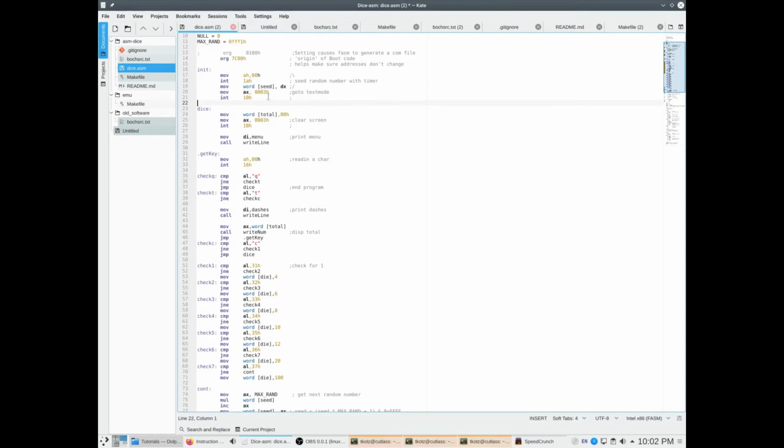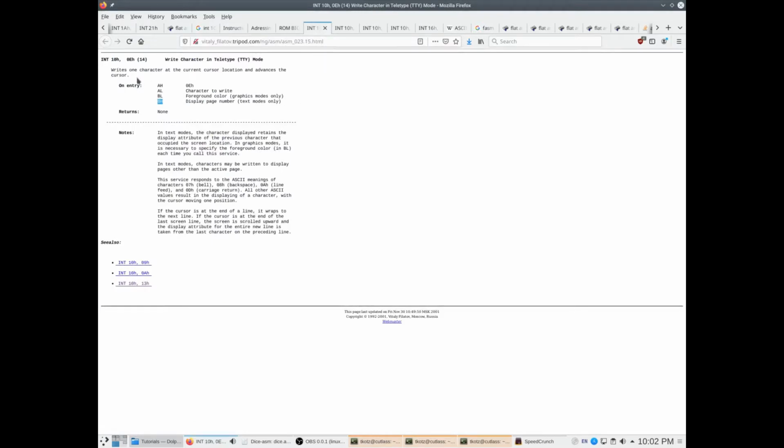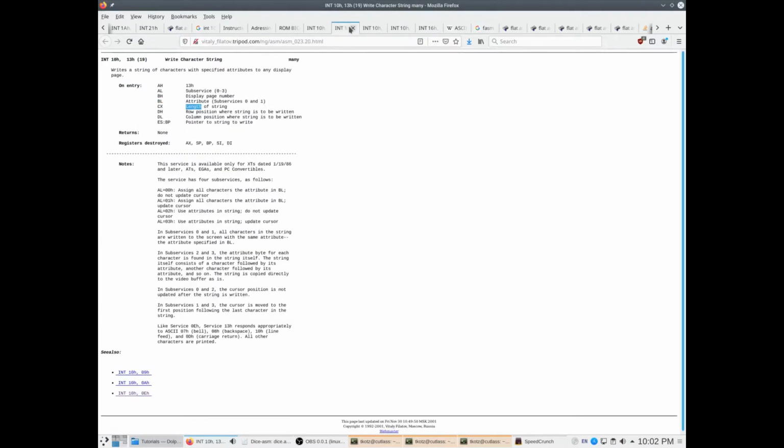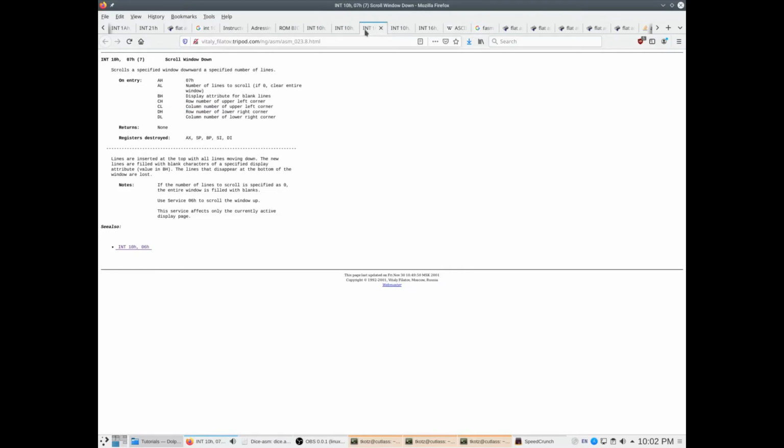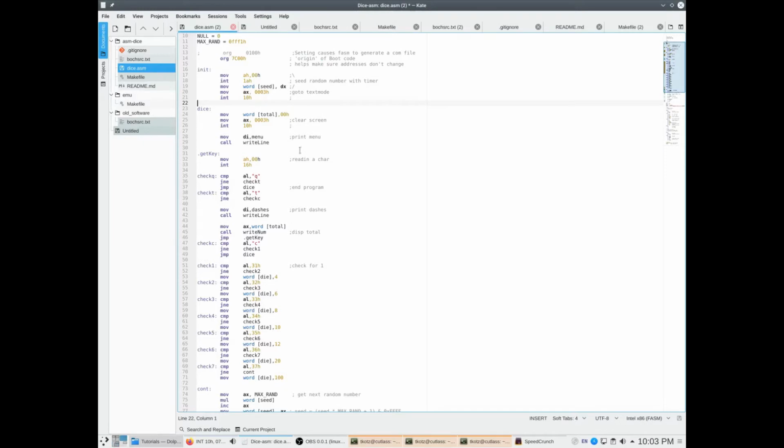So then now we could actually use one of those clear screen ints that we saw before. In int10, right character teletype, right character string, scroll window down. We're going to have to experiment with this, so we'll do that after this. So for now, we're going to have this clear screen use this guy. We might have to change that. So then the last thing init is going to do